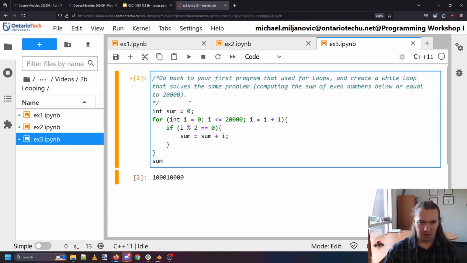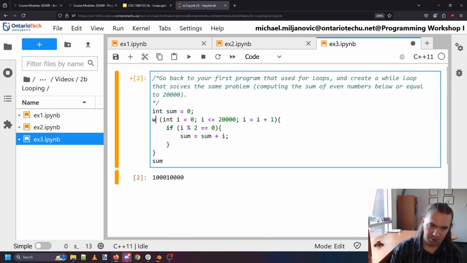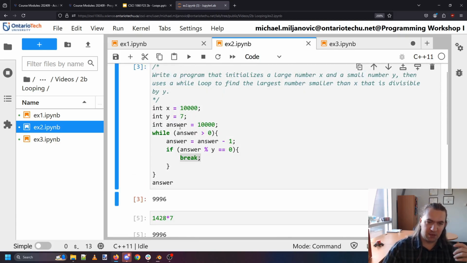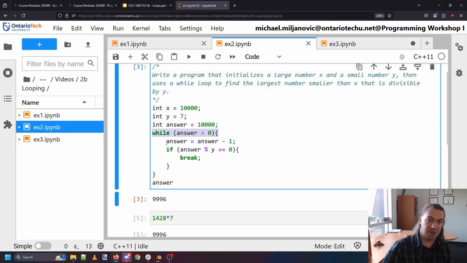So let's try this out. What we want to do is turn this into a while loop. To turn this into a while loop, remember, all we have to have left is a condition: when are we going to stop? In this case, we said we were going to stop as long as the answer was a positive number, because we wanted to eventually stop at some point. As long as our answer is going down, eventually this will finish. But I really could have written while true in here, and this would be fine as well. It wouldn't be good because there's a chance that this would mess up. But inside of these parentheses is the condition that must be true for the loop to keep going.